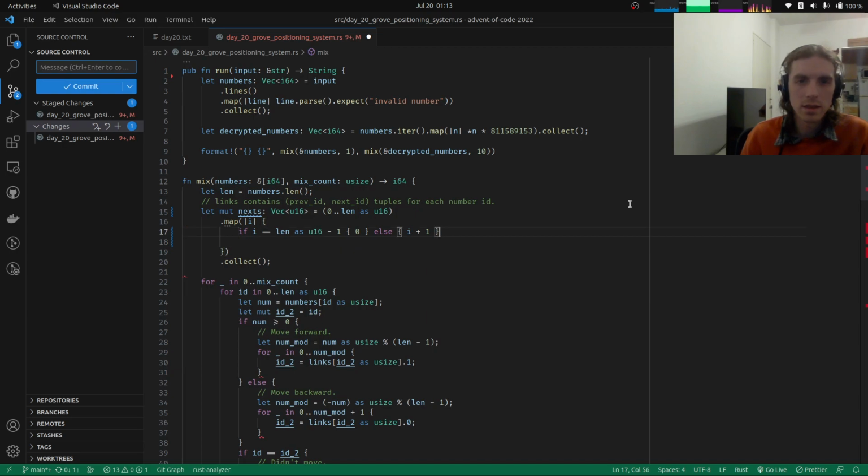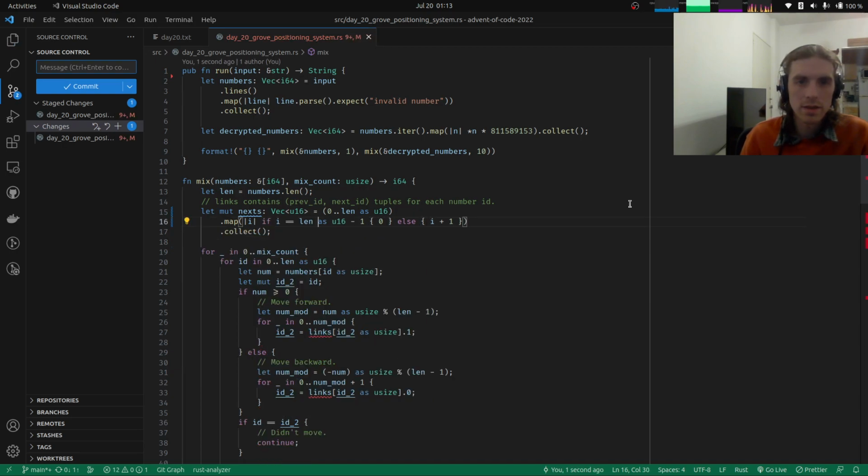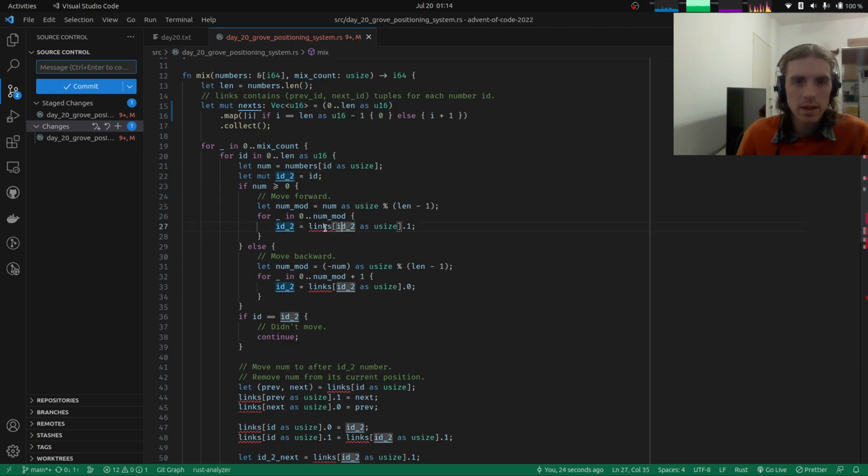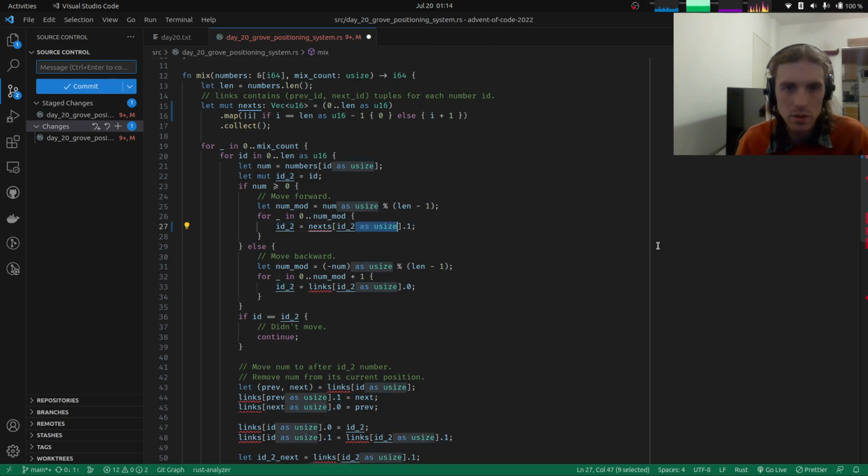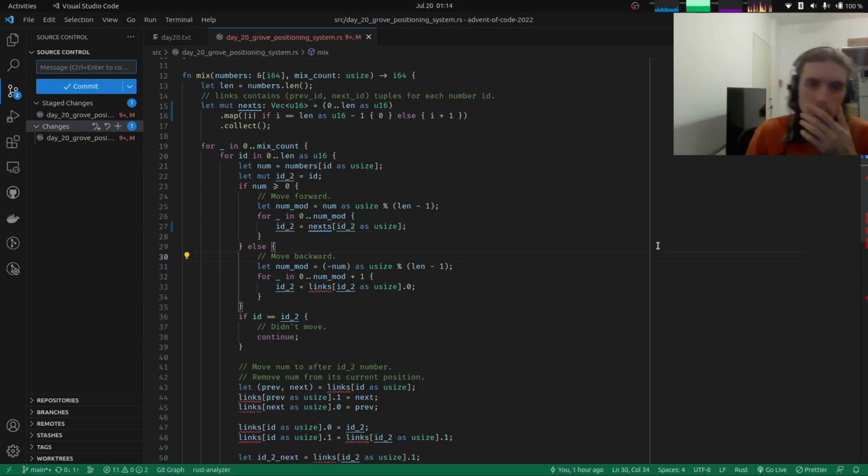Next ID. I don't know if we even need to be U16. We could probably try to keep it as usize, but we also know that this should fit. Here, to advance, we just need to do nexts in this ID 2, and to move backwards,